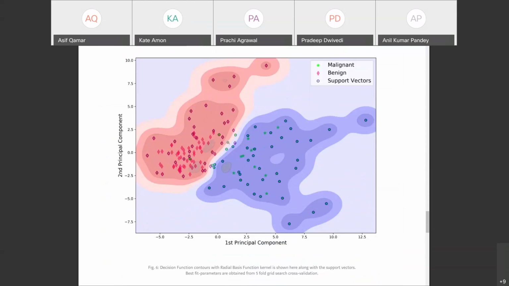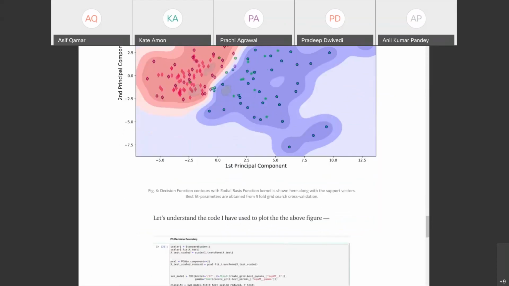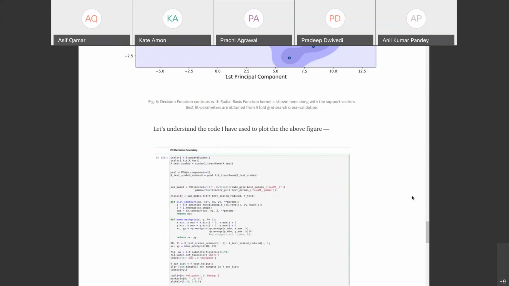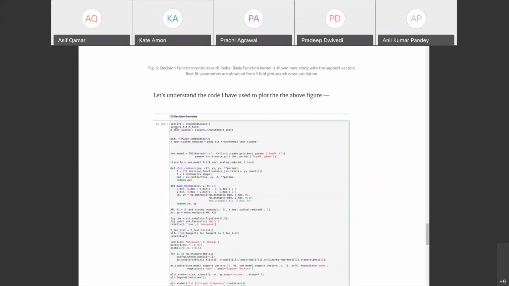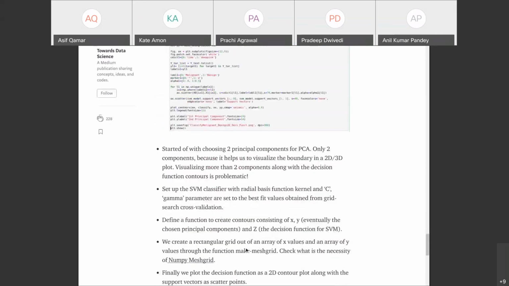Do you see that, guys? You can directly draw a line between the malignant and the benign points here. Here the green is malignant and the red is benign. Do you see this, guys? It's a very simple idea. There's nothing very complicated to it. And if you look at the entire code, it's very short. You scale the data, you pass it to PCA to reduce the dimensionality, and then you give it to an SVM kernel, and then you use it to classify. The rest of the code is just visualization code to create pretty visualizations.